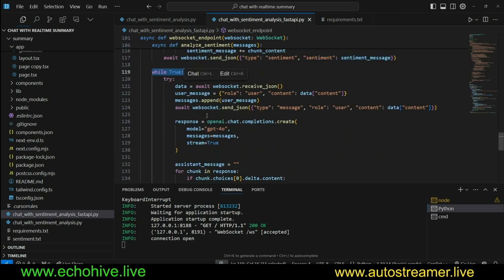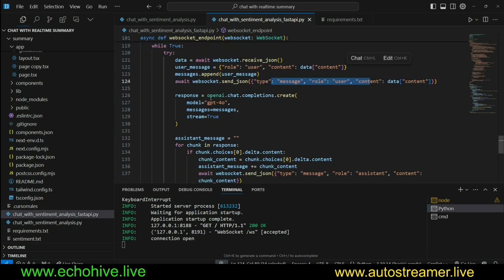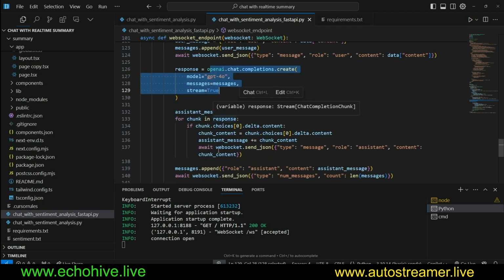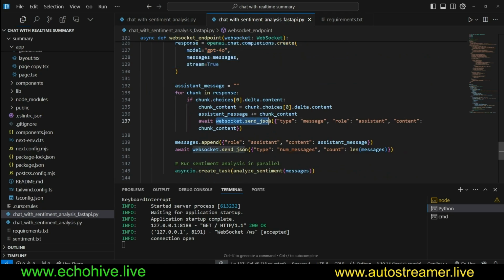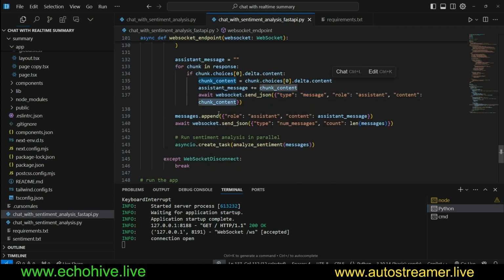And then we enter a while loop, and we continually receive data from the WebSocket, and we create a user message appended to the messages. And then we send that message back to the front end, and then we actually make our call with our messages list. And when we have received it, we send each token, since we are looping over, over the WebSocket connection as the role assistant and content. We input the chunk, we append it to our messages list, and then we send the length of messages here